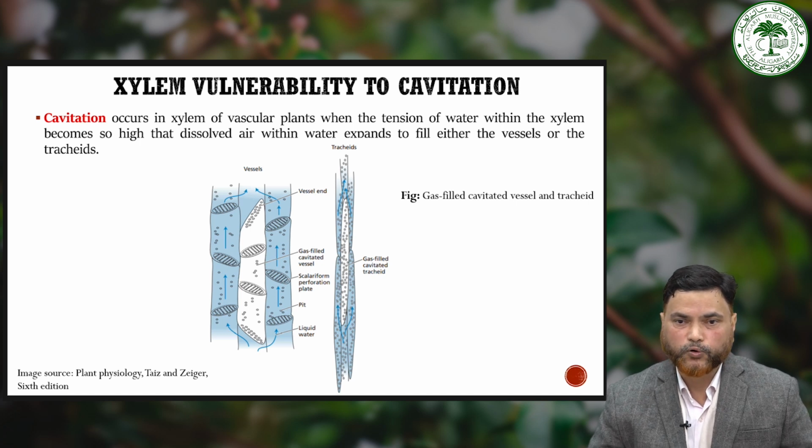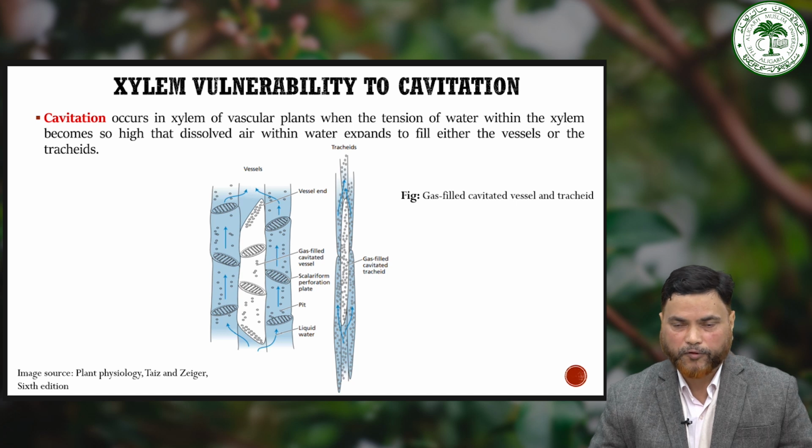So, the presence of pores in the xylem strands weakens the surface tension of water, which then leads to the formation of tiny bubbles within the xylem column. This blocking of xylem vessels or tracheids by air bubbles is known as embolism. So, if you try to understand the mechanism behind this embolism,